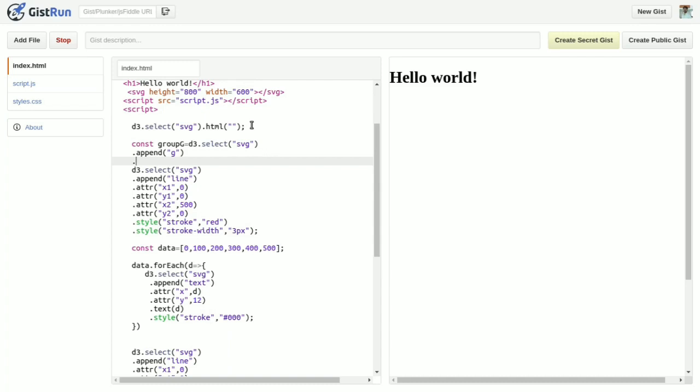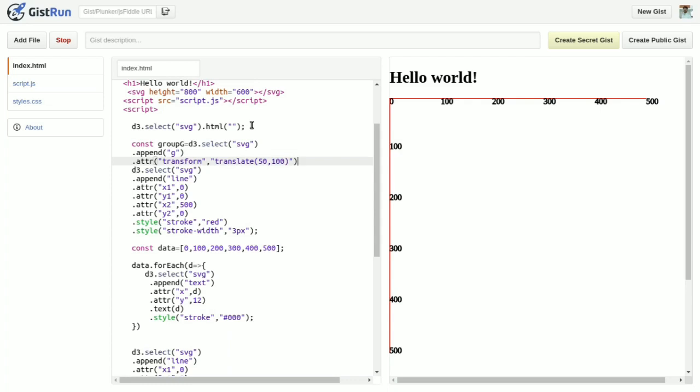Here we use the attr transform, translate. I want to move from left side 50 pixel and from top of SVG 100 pixel. This first value is the x coordinate and second is the y coordinate.